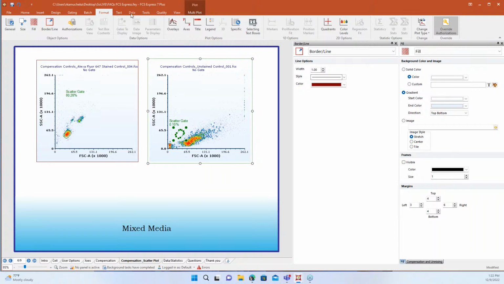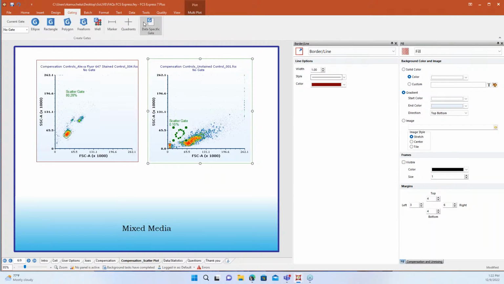Well, fortunately, you can use our data specific gate option. I like to click it because I'm very visual. Once you click it, you see this gray background, and then I can move this independently. You'll notice that my beads gate hasn't changed, but for my cells over here, I'm able to grab just my cells population. So now I'm working with the same scatter gate, and I'll still be able to use all those downstream markers that were being applied to the scatter gate itself. It gives me a little bit of flexibility so that I can do cells and beads and still get great compensation in FCS Express.